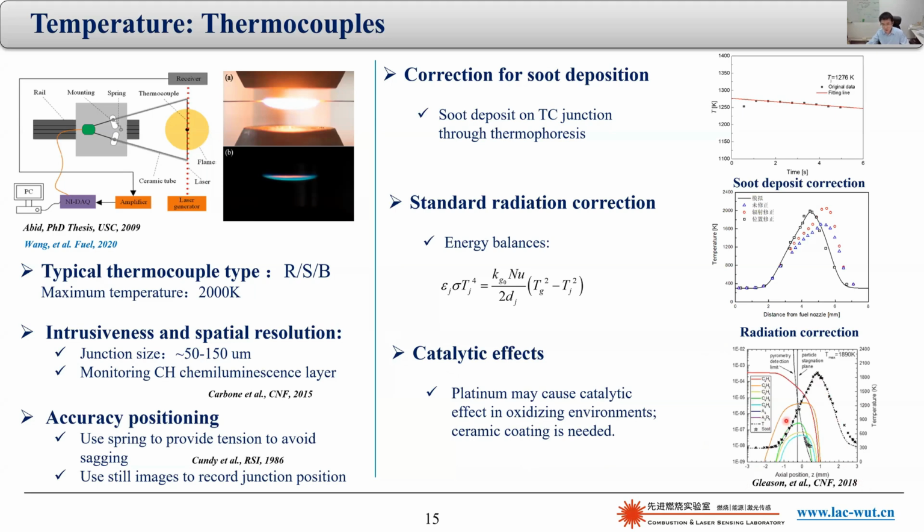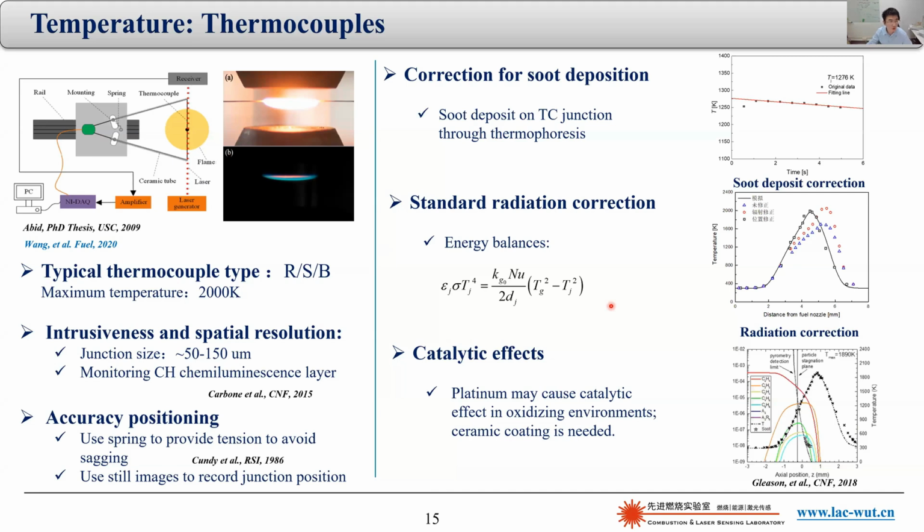This is an example that was done by the Yale group. You can see the measured temperature agrees quite well with the numerical simulations. It's with very high spatial resolution. Just keep in mind it's only 1 millimeter. Here you have a temperature drop of about 7 degrees. So this is actually very good. But to be honest, I'm not a big fan of this method, although I have performed this by myself. With this method, you have to consider too many things, too many corrections.